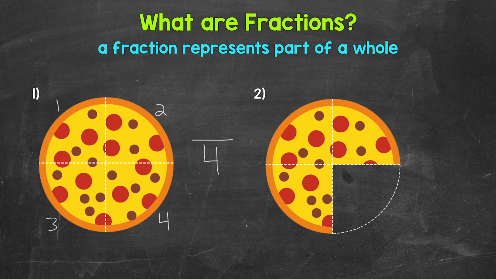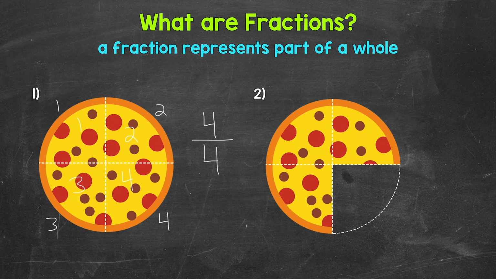Then we need the fraction bar, and now we need the numerator, the top number. The numerator is going to be how many equal parts of the whole pizza we have left. Well, it looks like we have 1, 2, 3, 4 parts left. So that's our numerator. So our fraction here to represent the amount of pizza left is 4 over 4, which